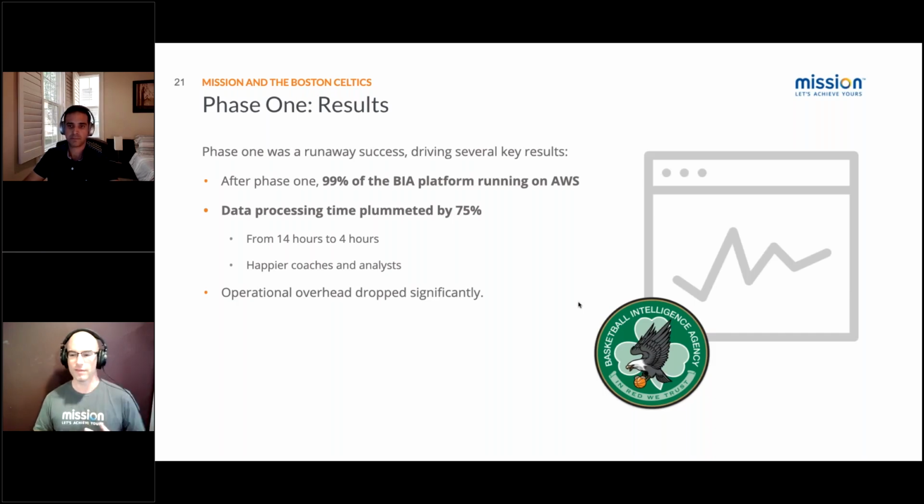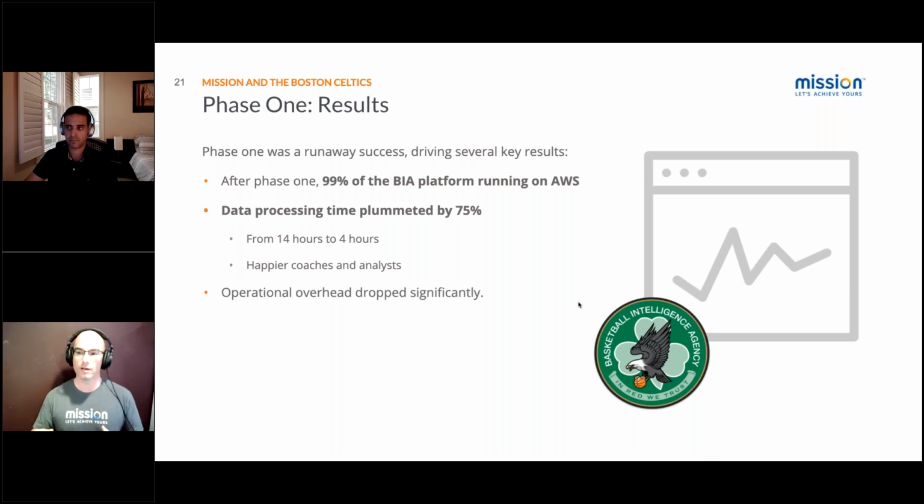So one of the things they wanted to do is increase their analytics performance. After phase 1, we had about 99% of the Basketball Intelligence Agency, or BIA, platform for the Celtics running on AWS. That was huge for them because they saw a 75% decrease in data processing time.